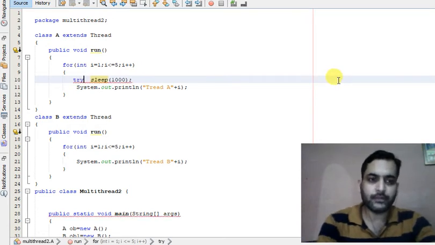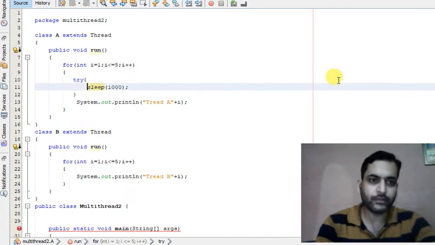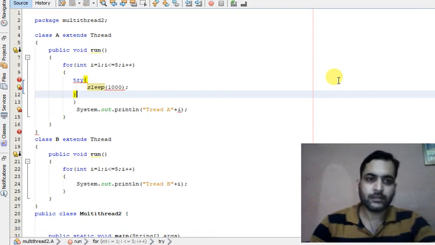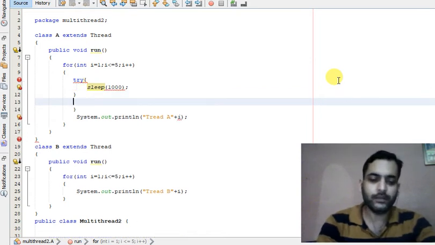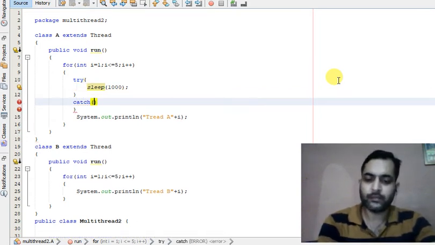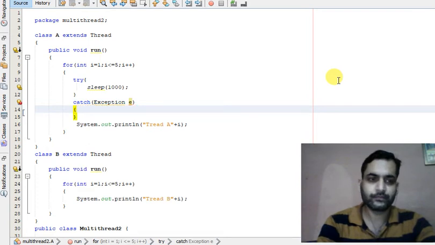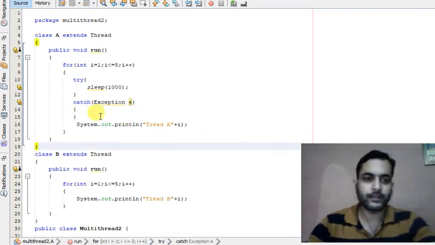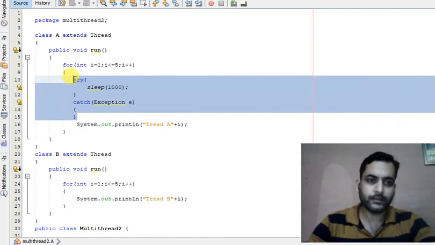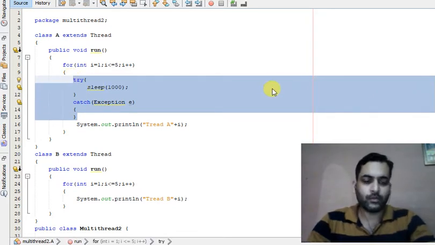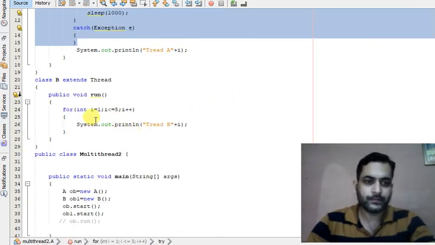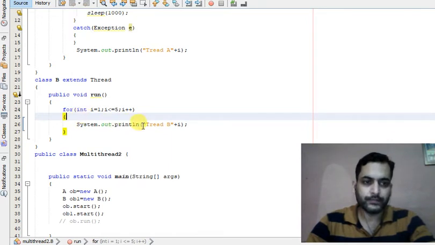As I have discussed in my previous videos on exception handling, a checked exception must be handled by the user. Like this. The same code we can copy paste in the other thread.